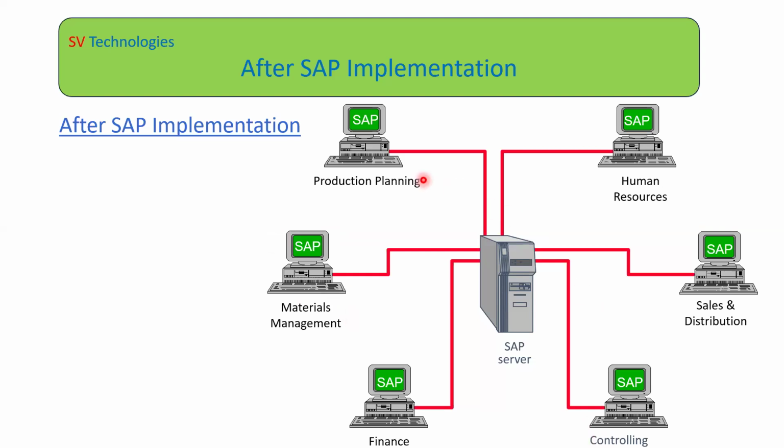After implementing SAP, the data or communication will be shared within the departments of the same organization more effectively. It's all online, complete everything is online, so there is no need for manual work. I think 95% there will be no manual interaction. Only 5% there will be some approvals kind of things, and for such approvals some manual intervention will be there. Other than that, 90 to 95% of the data will be online to all the departments.